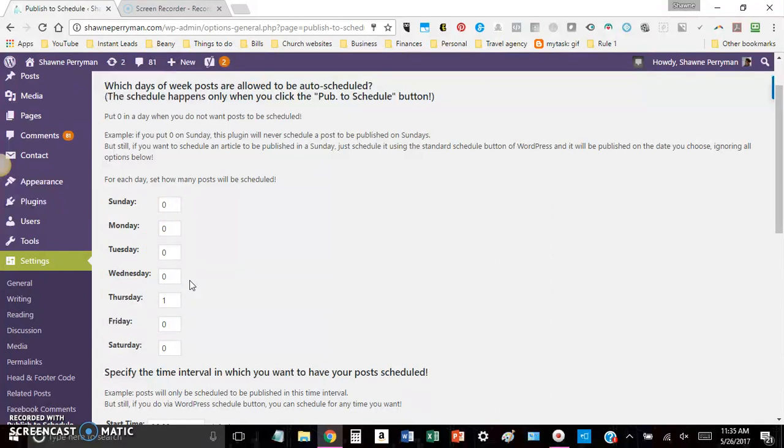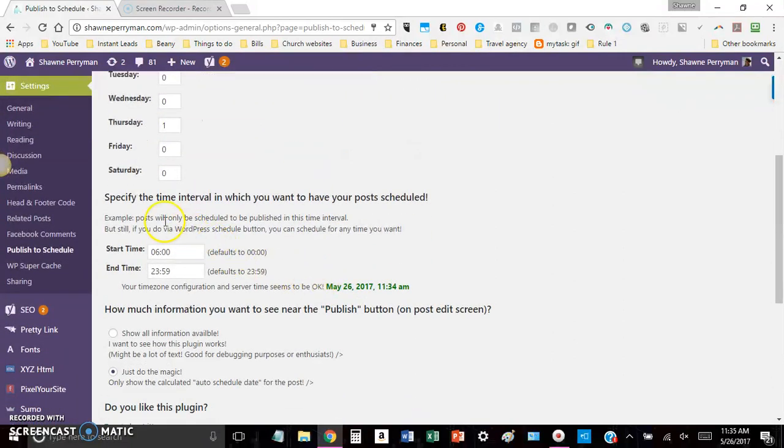Whatever your schedule is for posting, that's what you're going to put there. Okay. The next thing you want to look at is to specify the time interval in which you want to have your post scheduled. So I'm going to read this because there's 2 different ways to kind of schedule this. The way that it's set up here, it says, for example, posts will only be scheduled to be published in the time interval. Okay, so anywhere between 6 and 23:59 hours are scheduled for 2300 hours in